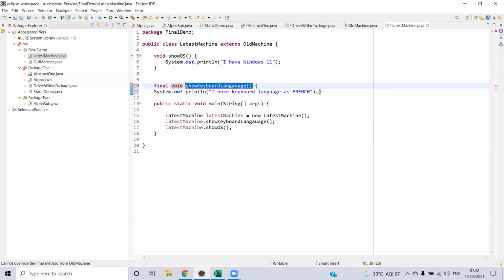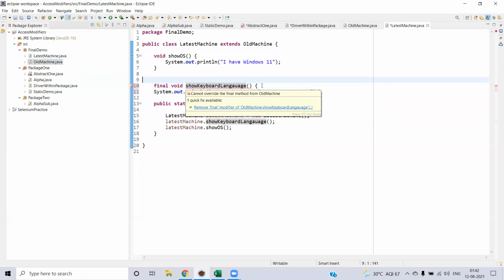The access modifier can be different or in a different order altogether, but that will not be considered in the naming equality. For example, to check the show keyboard language method name against the old machine, you should take only the method name followed by the open and close parentheses and whatever arguments you have, their argument types and order.